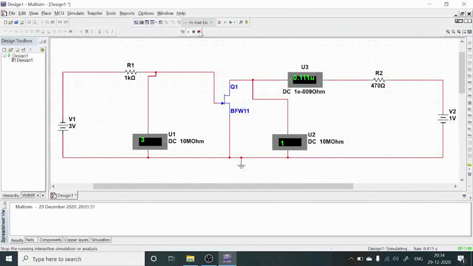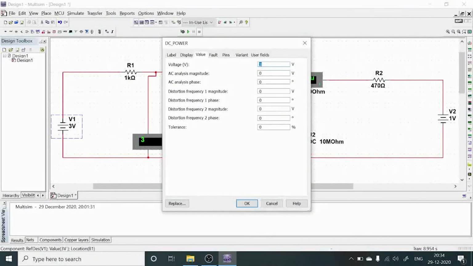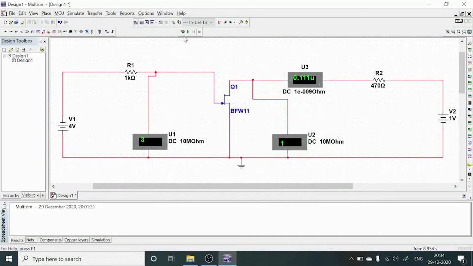Now the next case we are going to observe. When I change this 3 volts to 4 volts, then select OK. Now simulate. Now again this is 4, and the drain current again becomes constant, almost saturated, and almost reaches its minimum value here.